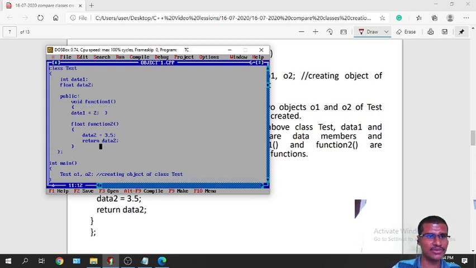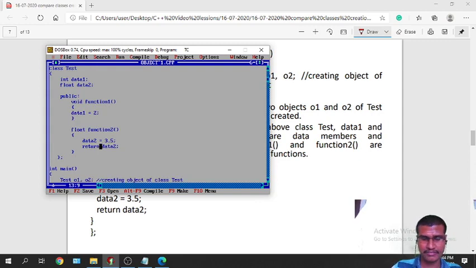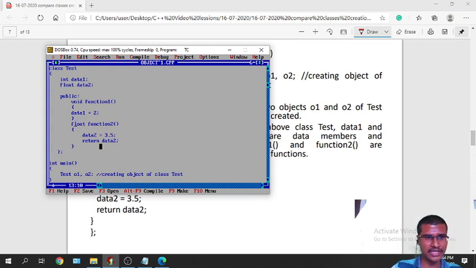Member function I will do like this. Next, the float function2, and here we have data2. It is a float type, so data2 is returned and we are returning the value.